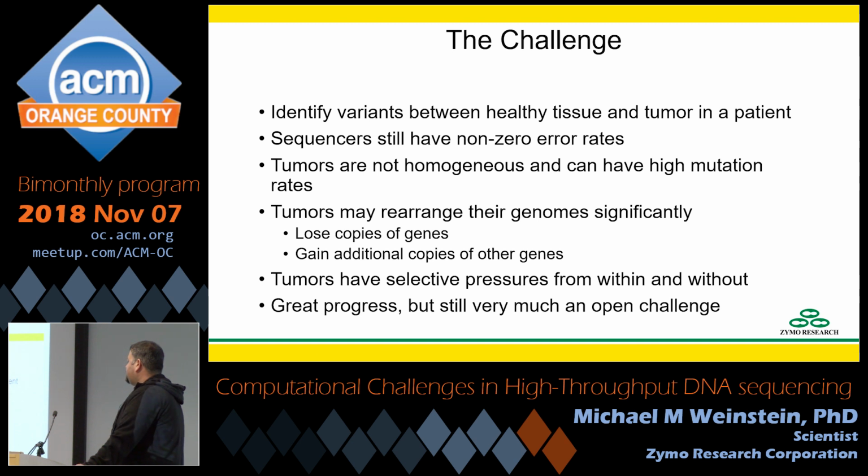You'll gain additional copies. You have loss and gain of gene copies, and tumors themselves are undergoing a very strong, rapid evolutionary process. Basically, within a tumor, every cell is competing to outgrow all the other cells. And from outside, a lot of cancer patients are going to be on chemotherapies. Chemotherapies are just trying to poison the tumor. That provides a really strong selective pressure for certain tumor cells to take on certain properties and mutations.